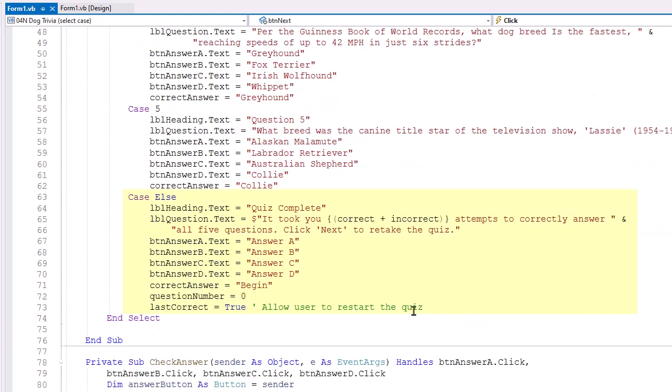So this is going to happen when we've gone through those 5 cases. The next match would be case 6, which is when this is going to occur. But we're going to say the heading is Quiz Complete, and then show them the results of taking the quiz,